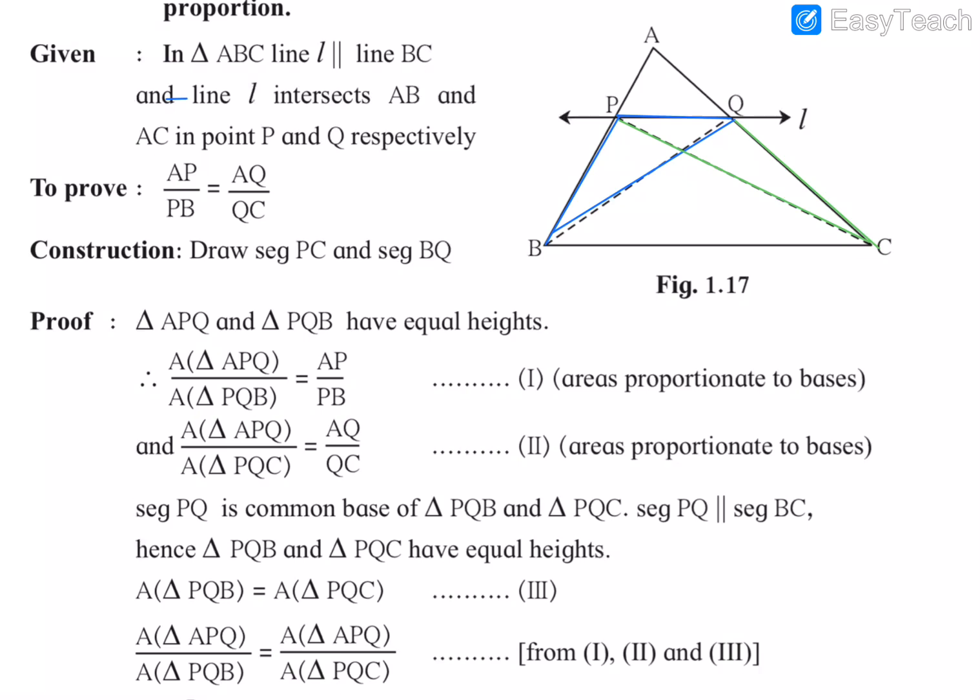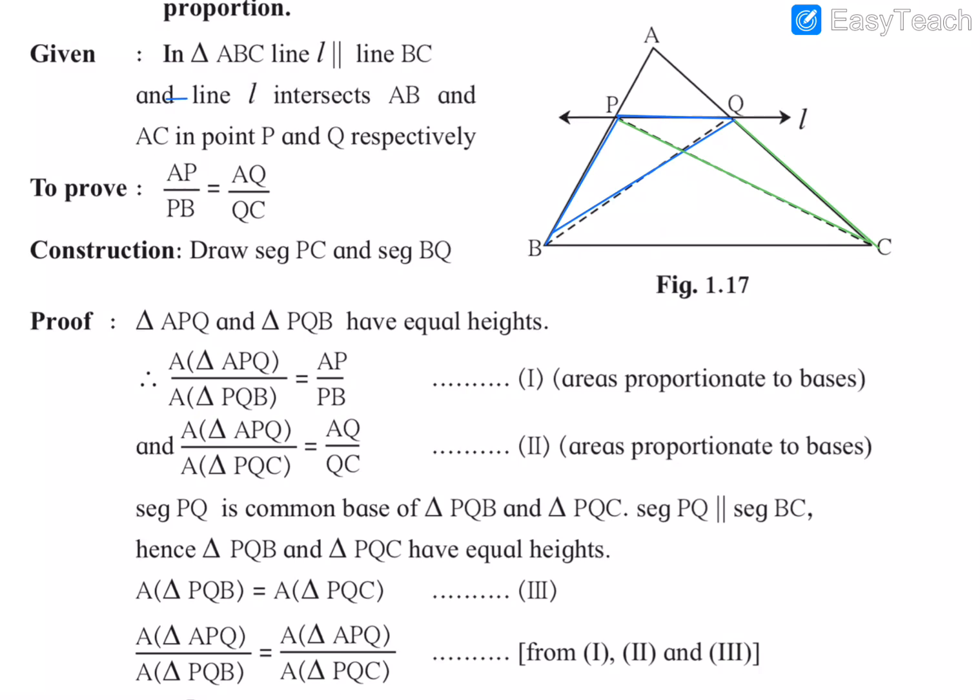So we are given in the theorem that the line PQ is parallel to the side BC. So these triangles lie between parallel lines, so their height will be the same. Since the height between parallel lines will be the same everywhere, the height of the two triangles will be the same since they lie between the two parallel lines PQ and BC.